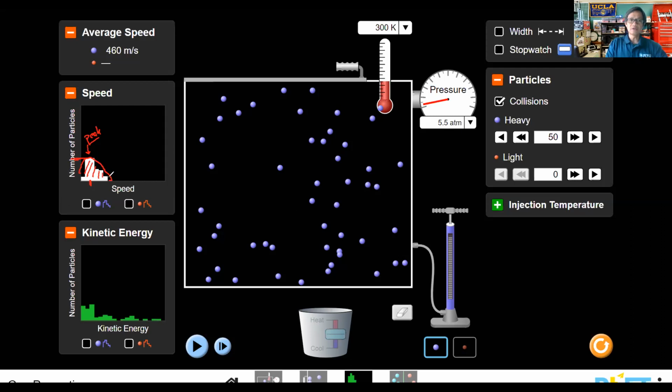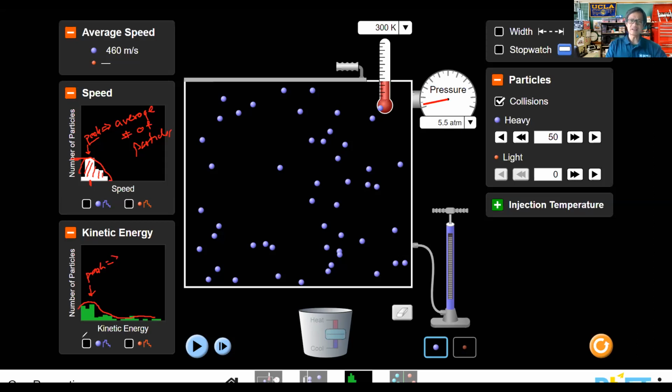If you look over here, you have a certain number of particles that move faster, and over here, you have a certain number of particles that move slower. But this peak here represents the average number of particles that possess a particular speed. The same thing holds true here. If you see the peak there, it levels off in this manner, and we have this peak here, which represents the average number of particles that have